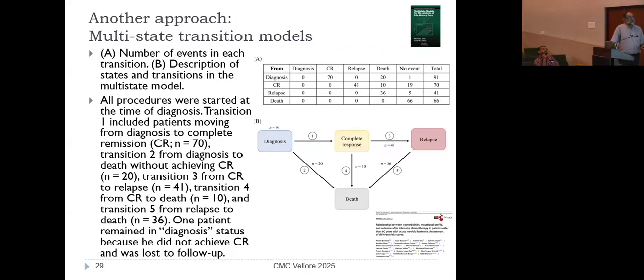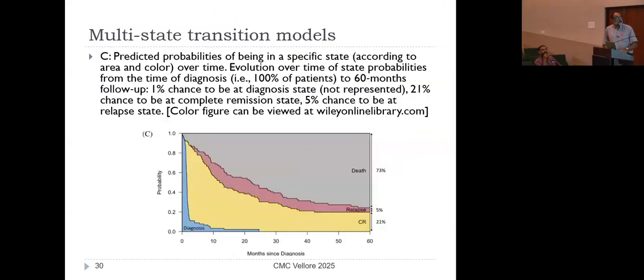Transition 3 is from complete remission to relapse. How many transition from complete remission to death, and transition from relapse to death, and the numbers that were in it. Somebody did not get into remission and was lost to follow-up. So